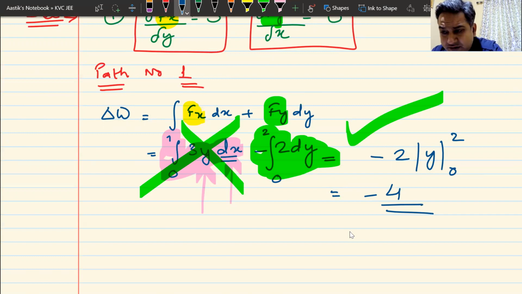Are we getting this, or has it gone above our heads? I have to look for the path. Why? Because this is a non-conservative force, and a non-conservative force depends on path, and that is the problem with it. The green integral is a simple integral. You can integrate it, not a problem. Why is it simple? Because it does not have that extra term. It is path independent.